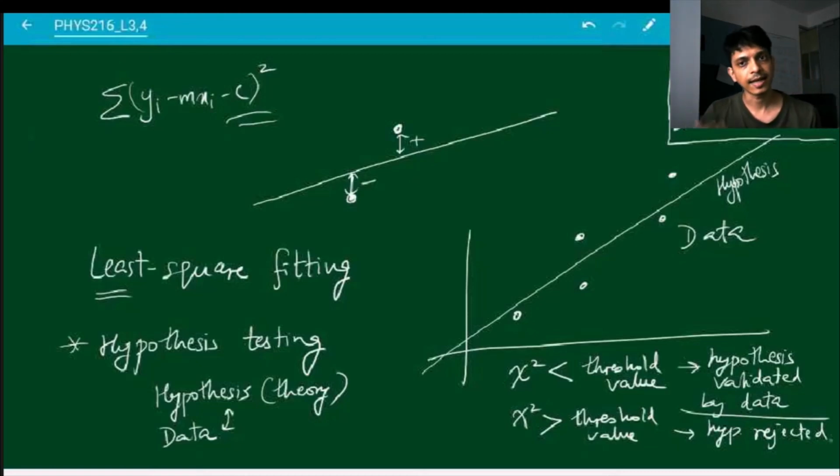This is a standard procedure in any cutting edge research where there is some theory which needs to be tested, and you are doing an experiment, you have data, and you want to check whether your data and that theory are compatible or not. Okay, so I think this is all that I want to say with regards to statistical modeling. Of course, we will continue a little bit of the discussion of statistics in the next lecture when we are talking about random numbers. So that's it for now.